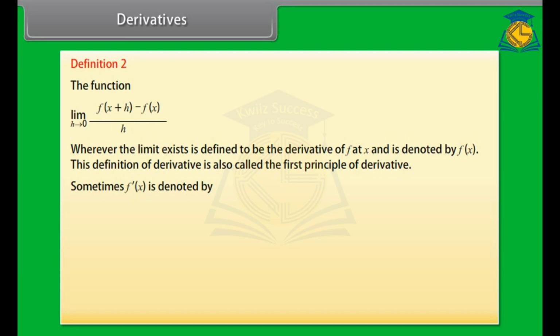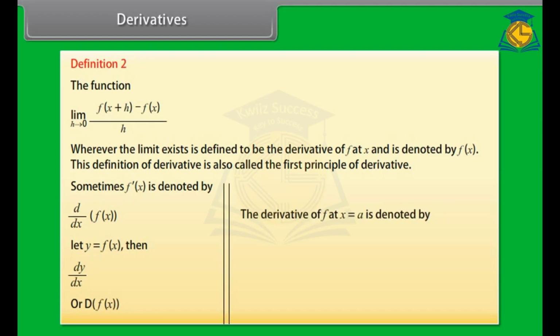Sometimes f dash of x is denoted by d by dx of f of x. Let y is equal to f of x, then d by dx of y, or capital D of f(x). The derivative of f at x is equal to a is denoted by d by dx of f of x at x is equal to a, or